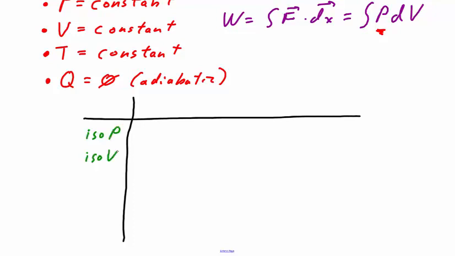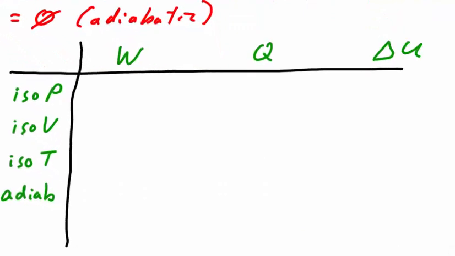isobaric, isochoric, isothermal, and adiabatic. The columns in this table are the three entities that exist in the first law of thermodynamics. These are the work, the heat, and the change in internal energy. Although the table will have as its total content 12 independent formulas,